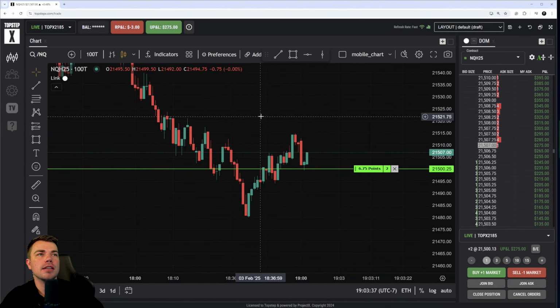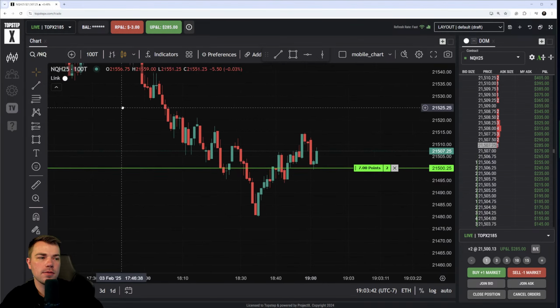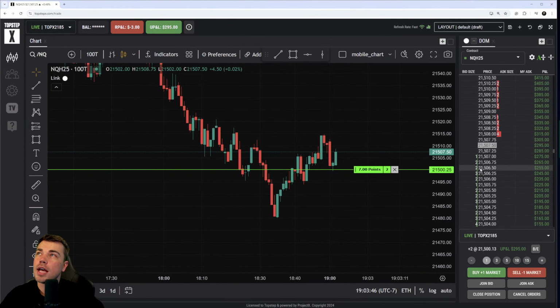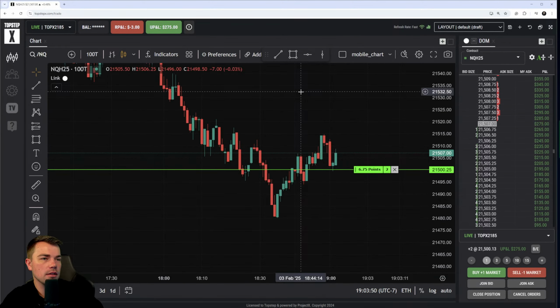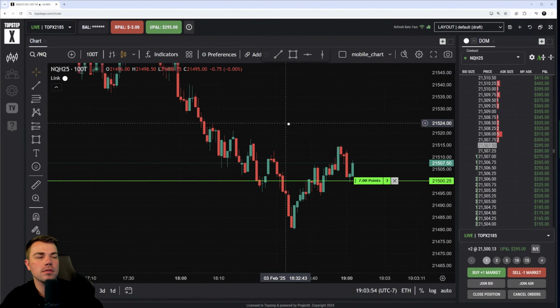Does Topstep provide tick charts for free? Yeah, I mean, you don't need a prescription. Everything that you see on this platform, you don't pay for it. I know there's level 2 data, but I very rarely use the level 2 data. But the tick charts, indicators, simple moving average, the drawing tools,